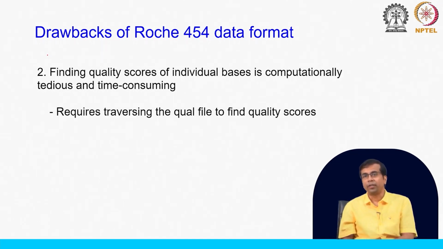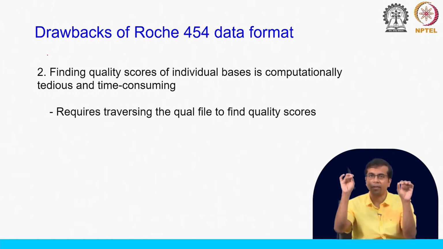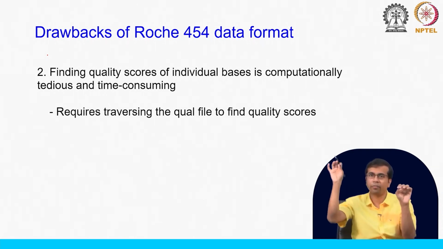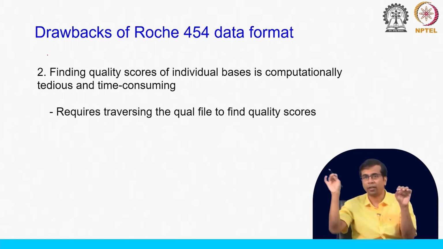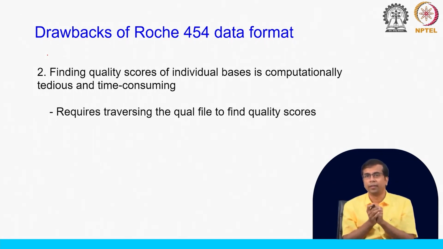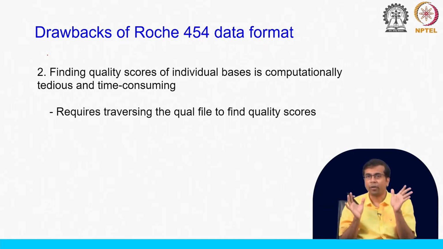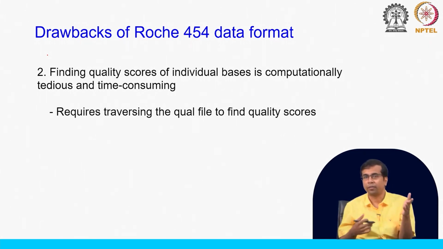The second problem is finding quality scores of individual bases is computationally time consuming. Why? You can think of, in this case, you have this read 1 and you have the quality score. You can write a program that will say, okay, read 1, find this read and look at the quality score of these bases. Now, this is okay for maybe the first few bases or maybe the first 100, 200, 1000 bases reads,